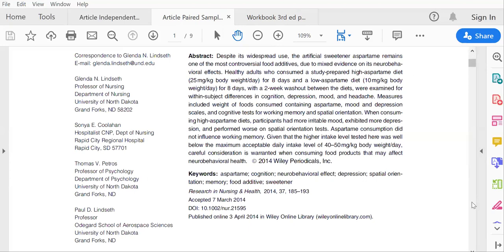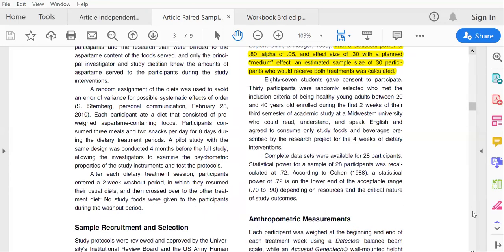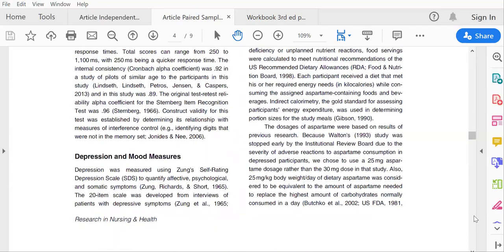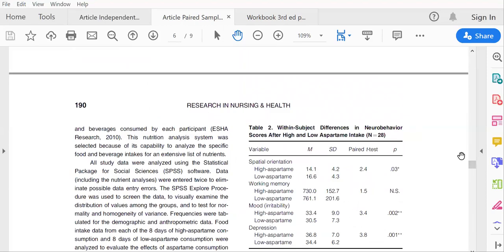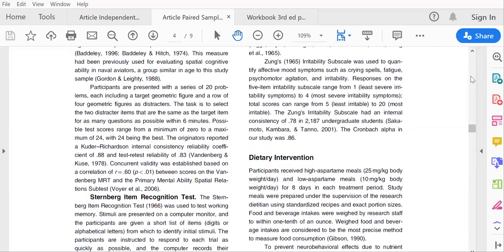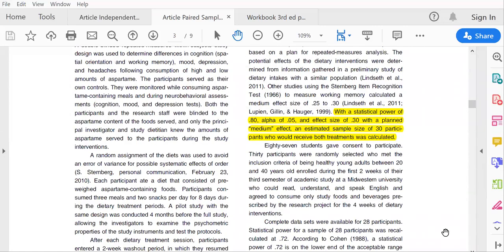And the researchers report the necessary tables, so we have means and standard deviations, so that we can take a look here at what the researchers found. But that's not what I'm looking at here. I highlighted this part here on page 3. The researchers actually reported their power analysis results. And they write, with a statistical power of 0.8, alpha of 0.05, an effect size of 0.3, with a planned